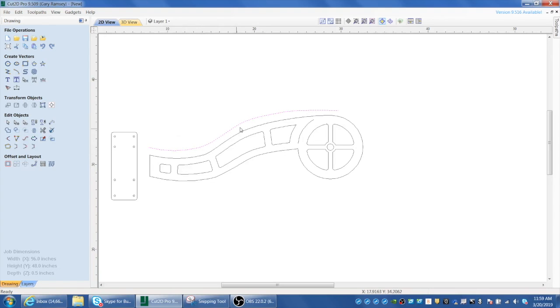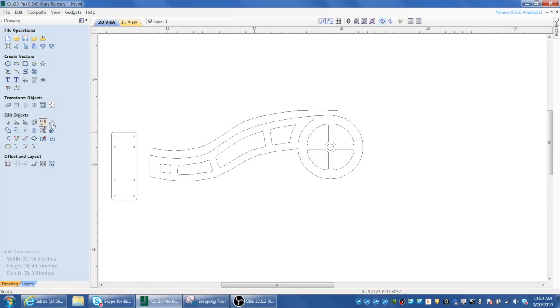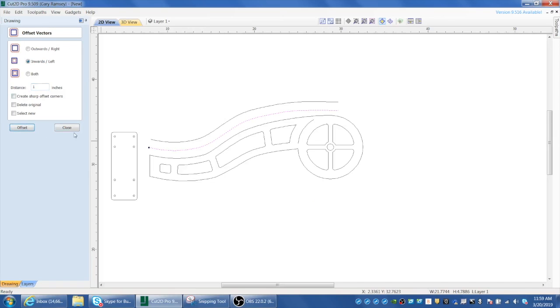So anyway, we have our first arc drawn, and the way I'm going to show you how to duplicate this is you can copy and paste it, but that's a little bit extra work, and sometimes depending on the shape that you're copying and pasting, it doesn't keep it symmetrical and doesn't scale it properly. So what we're going to do is use the offset command. If you come over here to the left and click the offset command right here, it brings up a dialog box, and it's pretty cool that you can specify in or out, and then put in the amount that we want to offset it by. As we said, we want to keep it to 1 inch on this frame, so we're going to specify 1 inch here, and boom, there's our